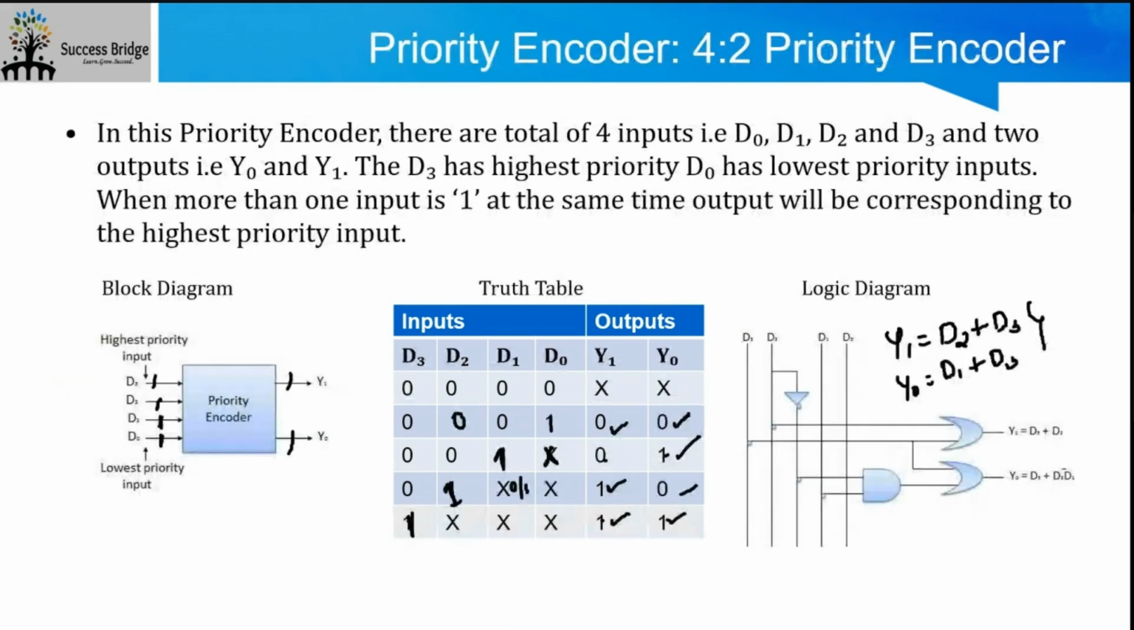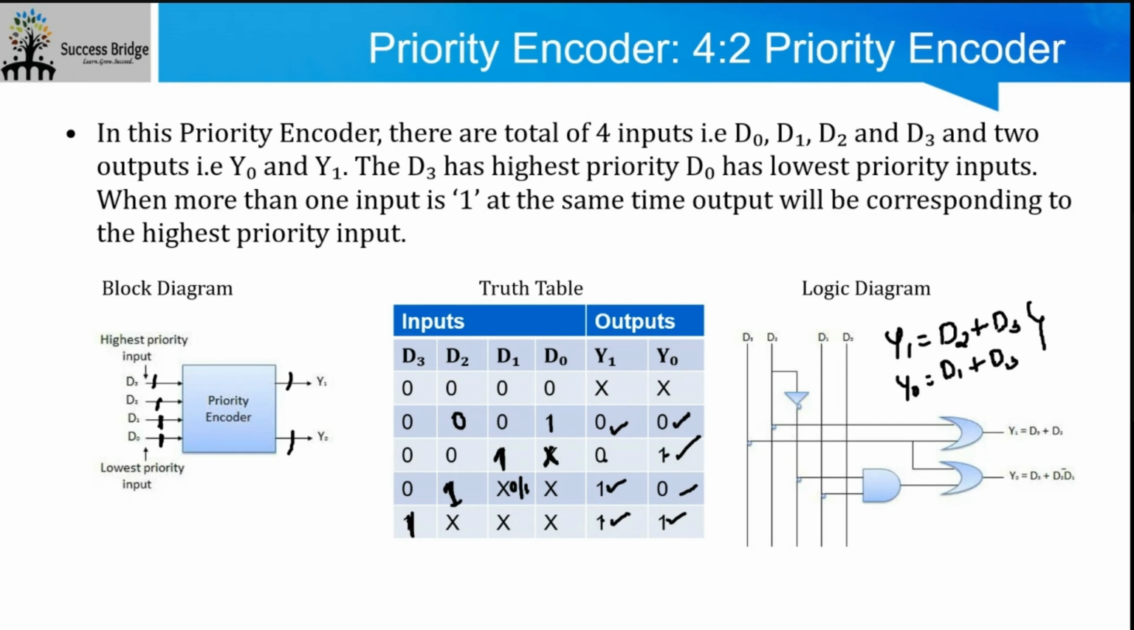Okay, let's see how it is in a priority encoder. A proper priority encoder that we use in real time in RTL design. So highest priority input will be from the order of D3, D2, D1, D0. D0 is the lowest priority input. Okay. So if you see that the Y0 output is entirely depending on D1 and D3. It's an OR gate. D1 plus D3